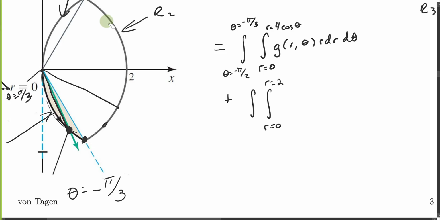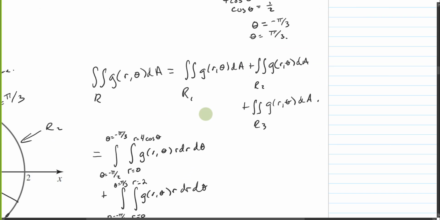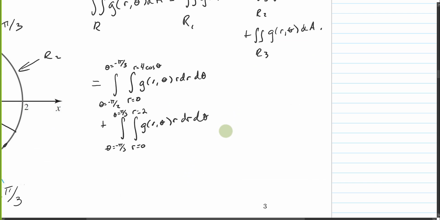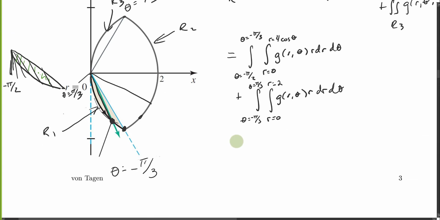But what angles did I start doing that at? I started doing that at the angle theta equals minus pi over 3, and stopping at the angle theta equals pi over 3. So that was for our second region. And then our third region is very similar to the first. It's going to go from theta equals pi over 3 to theta equals pi over 2. So again,